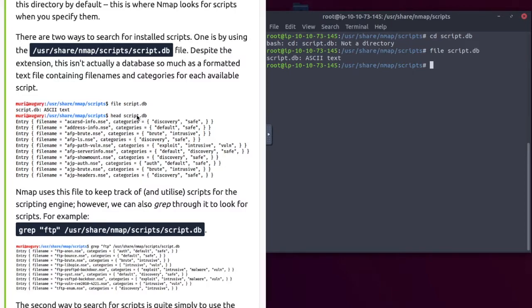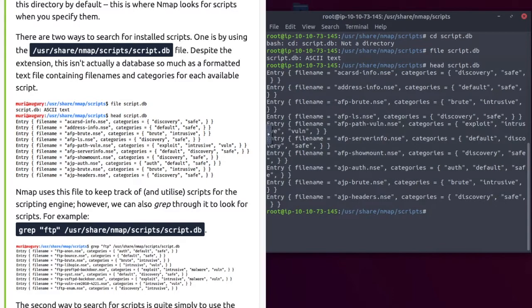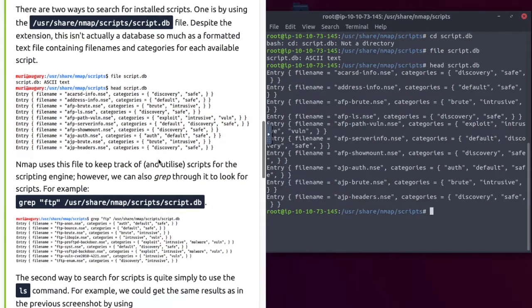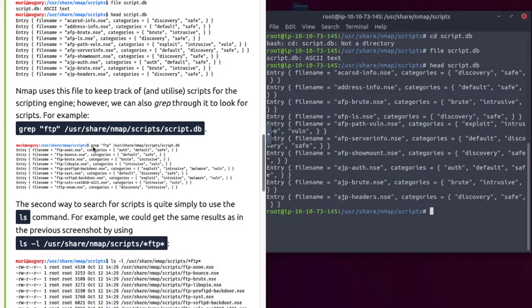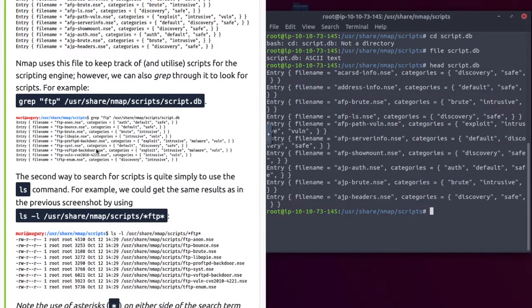Let's do the second one, head script.db, and the output you can see is exactly the same. It's kind of scrunched because of the screen size, but I hope you can see that. Nmap uses the file to keep track of scripts for the scripting engine. You can also grep through it. You can see what they've got, so let's type that out. grep ftp